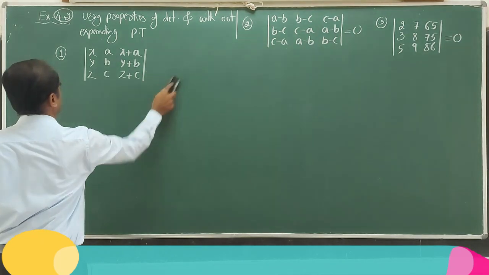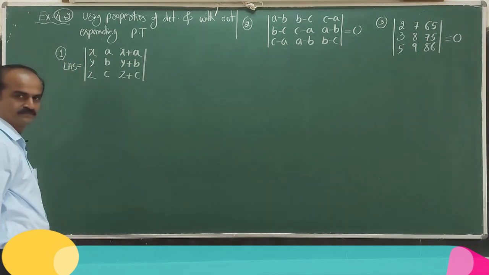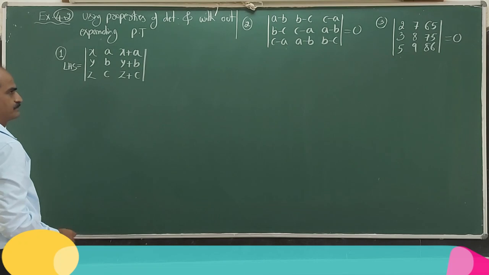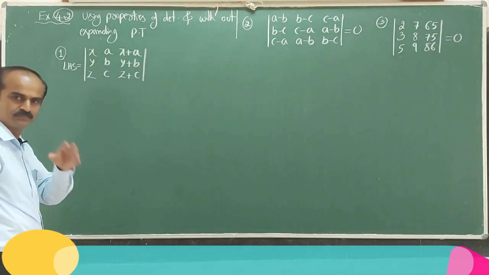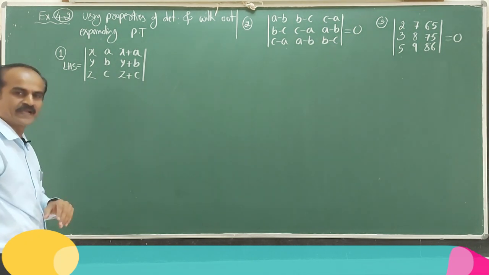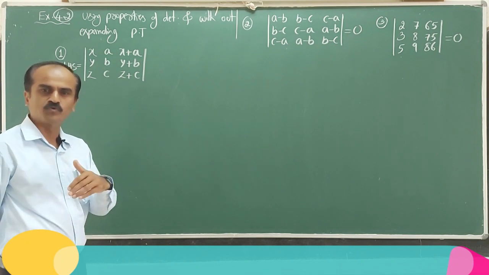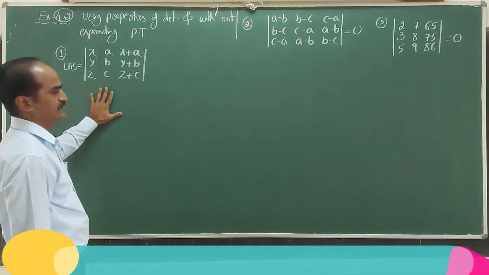I will start with the given determinant. Make a good observation here. Either I have to make all the elements in any row or column 0, or two rows or two column entries must be identical, or maybe two rows or two column entries are proportional. That is how I have to rearrange the elements here.